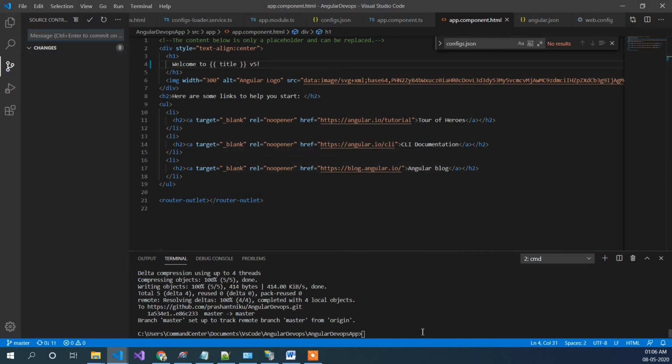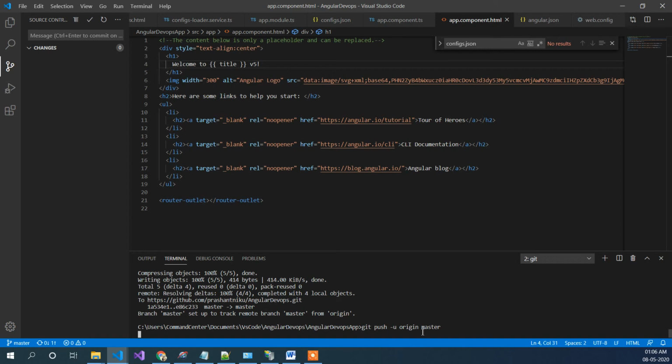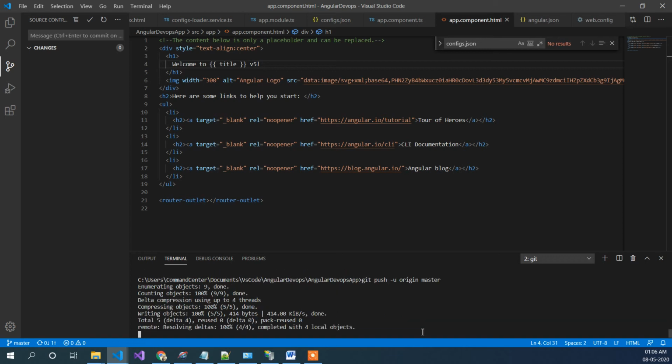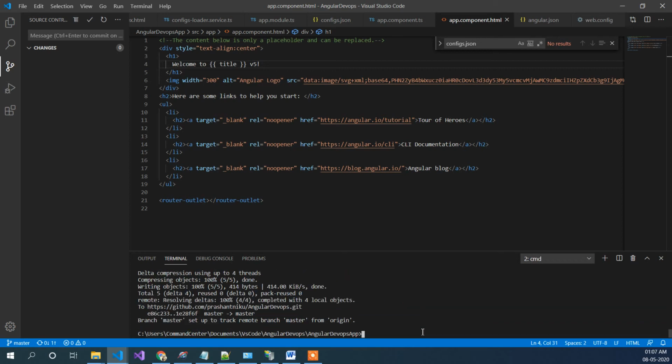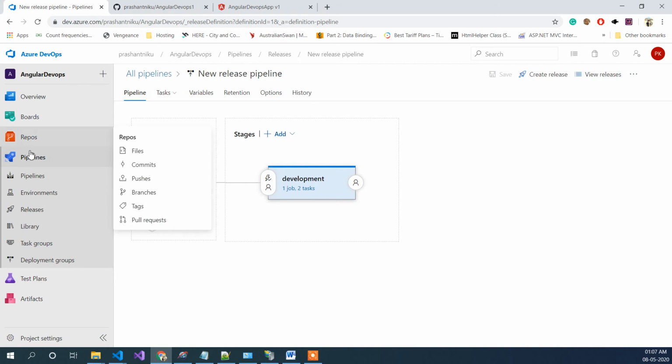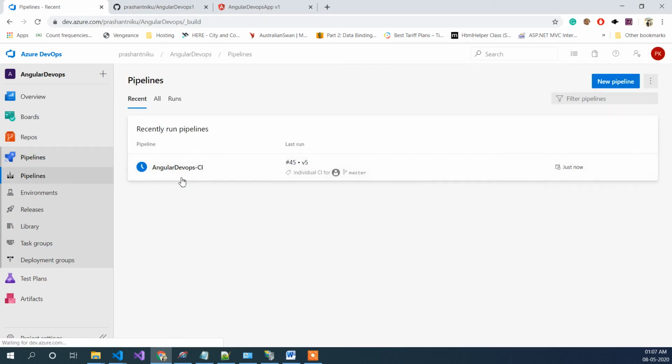Yes, and then I will push the changes to GitHub. So it should start our build. So let's just go to the build again, and as you can see, it's showing v5 and it's started to build. So we need to wait for some time and see how it will go.